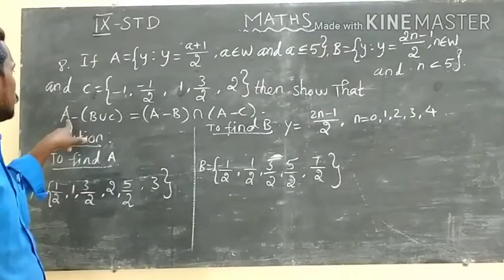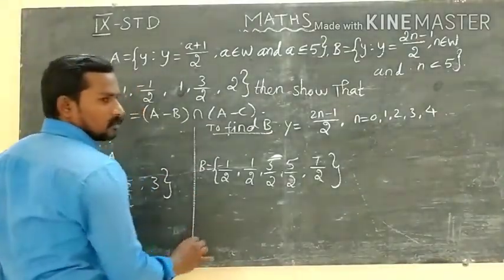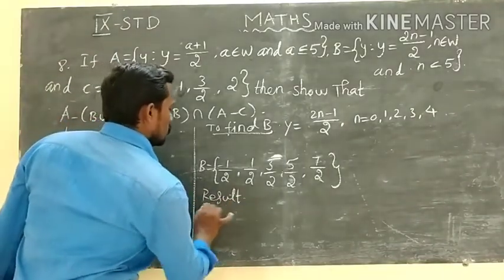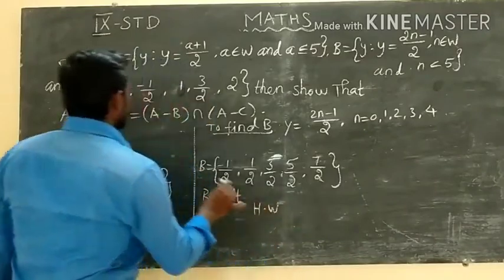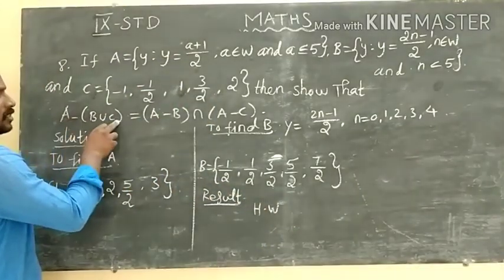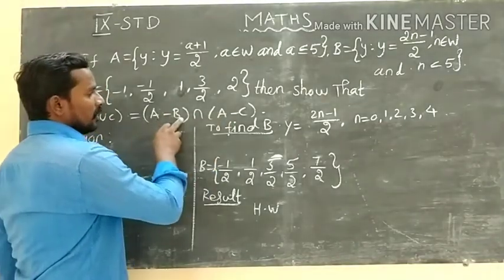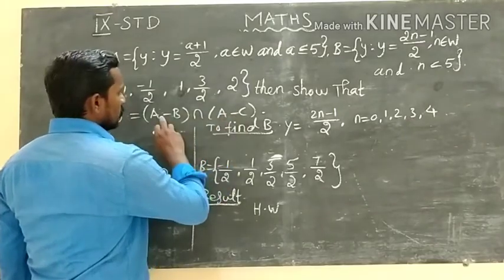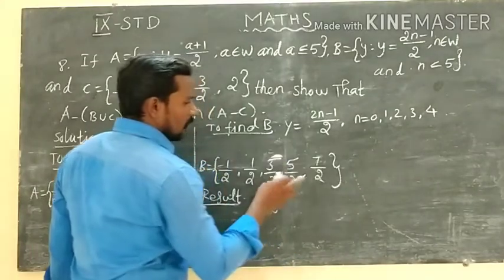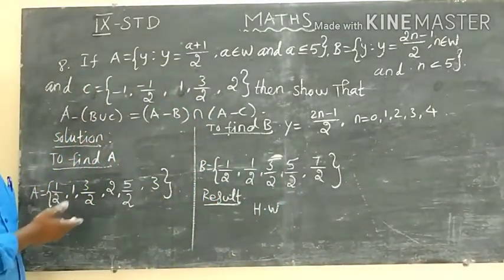Now we have A and B, then C. Show that the distributive law of set difference holds. The result is your homework. So you want to find out B union C first, then find A difference (B union C). This is for 1. Then consider the RHS: find A difference B and A difference C, then write the common elements of both the sets. This is for 2. Compare 1 and 2, we get the result. Okay, have you understood? This is the same manner as the previous question.